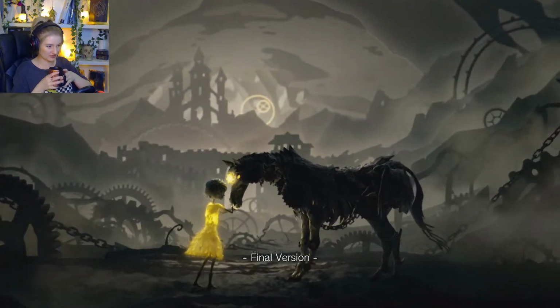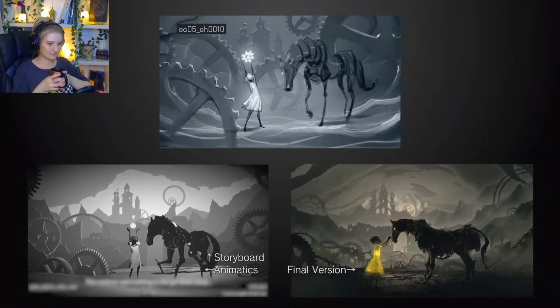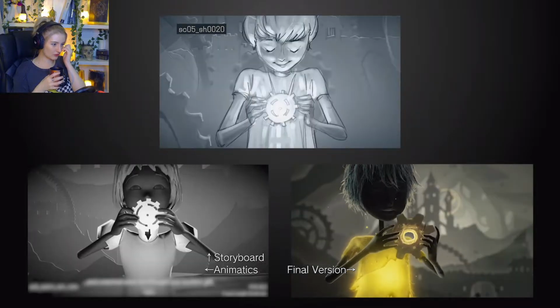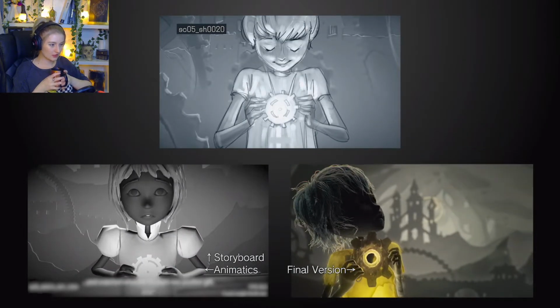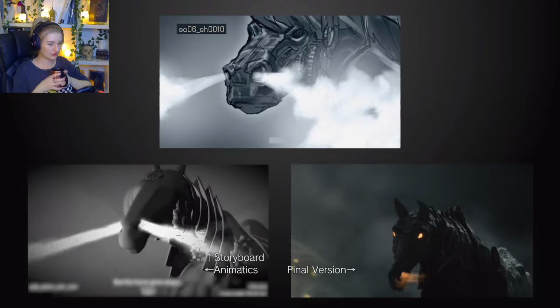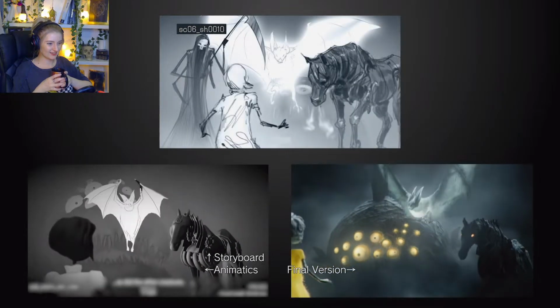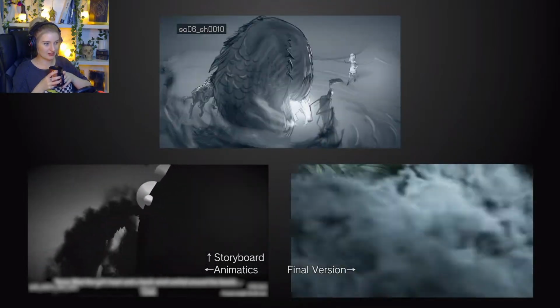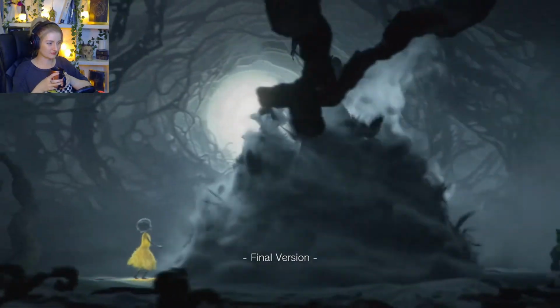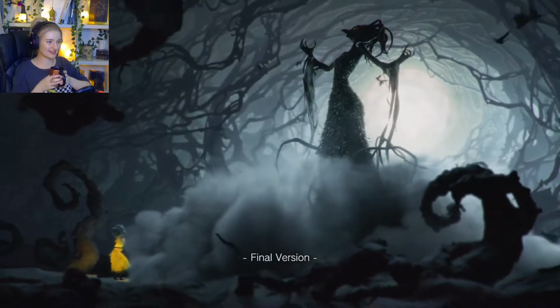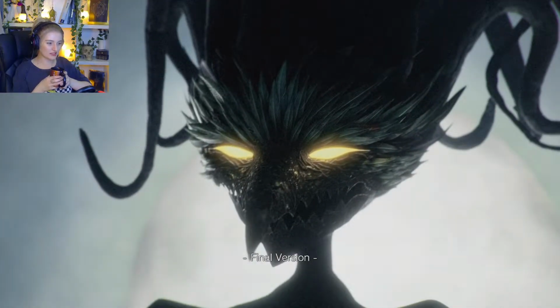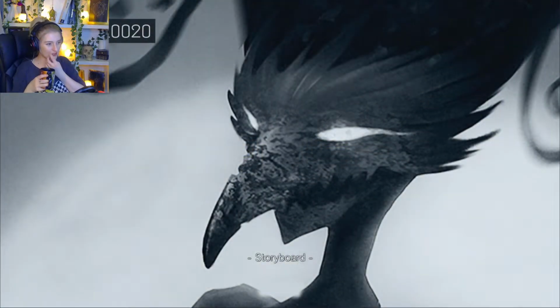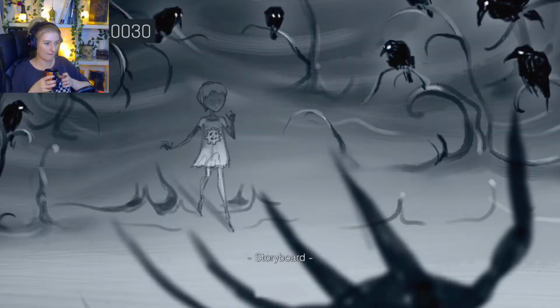Don't know what came first. Very cool. So you guys can see the way that they're mapping out the different processes here. Awesome. Look at that smoke, that's nice. Okay, obviously the big witch person was supposed to be Miranda then.